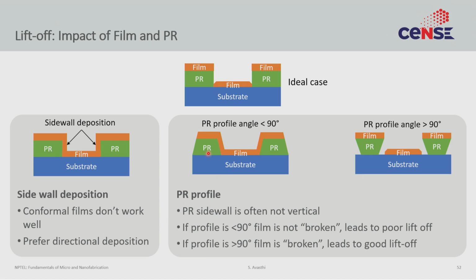Second thing is you may remember from the photoresist lectures, the lithography lectures, that photoresist profiles are not exactly 90 degrees, right? They depend on so many other factors. So you can get profiles that look like this, you can get profiles that look like this, and these two profiles would give you very different looking metal films, and that has an impact on how lift-off happens. So you have to be careful.